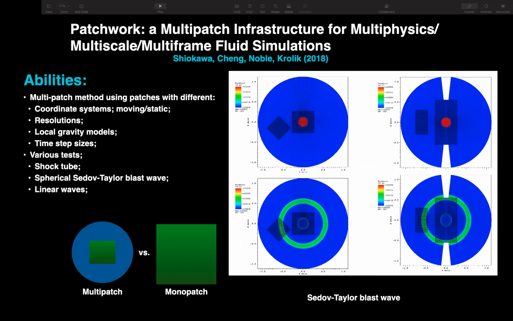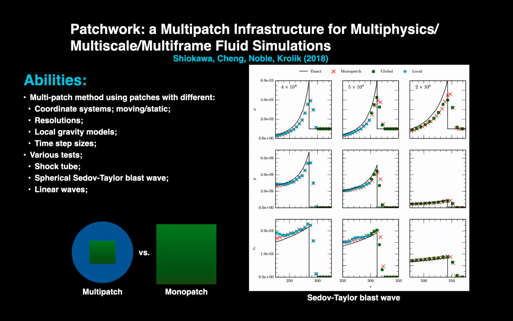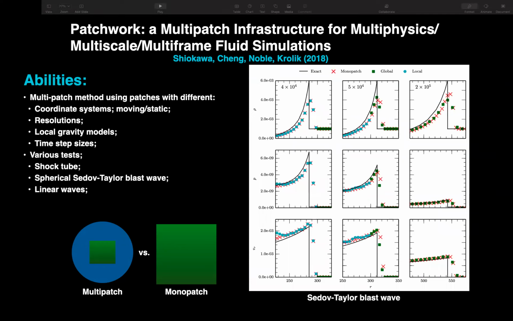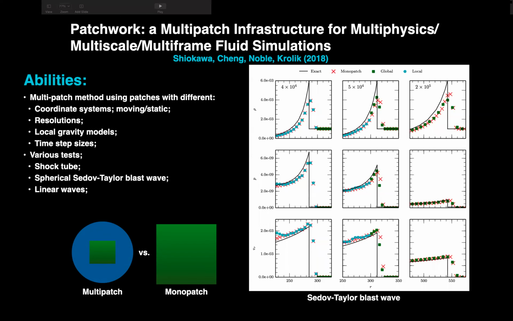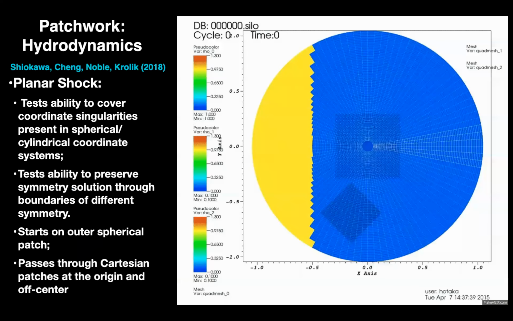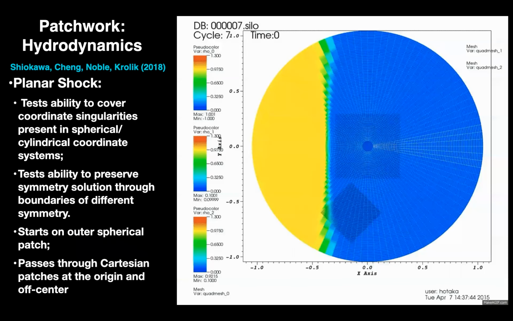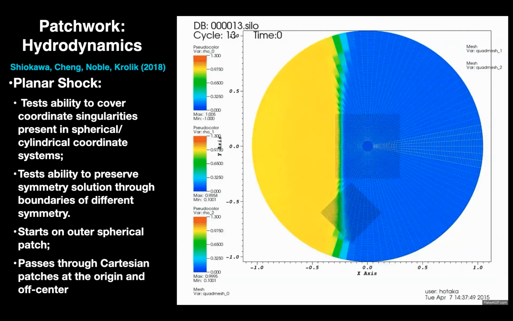We developed the hydro version of Patchwork a number of years ago. So if you take different coordinate patches and you do a blast wave test, they perform relatively similarly. Just want to show you this video that kind of visually lets you see how it performs. So if you take a spherical grid and you pass a planar shock wave across it, you'll see that it